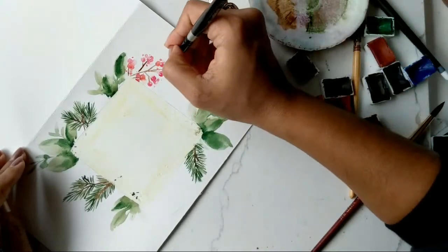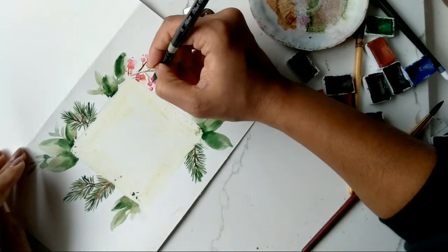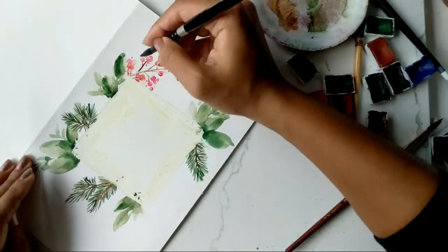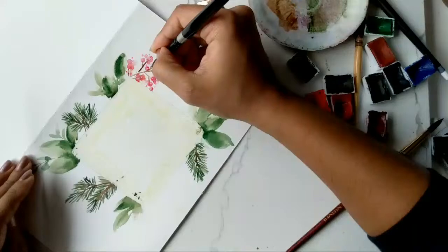And just some darker ones here. So kind of like this will take some time. You decide where you want to put your berries and how you want them to be displayed and how much, and so on. So entirely up to you. I am going to end this off by doing one here, and then we can move on to